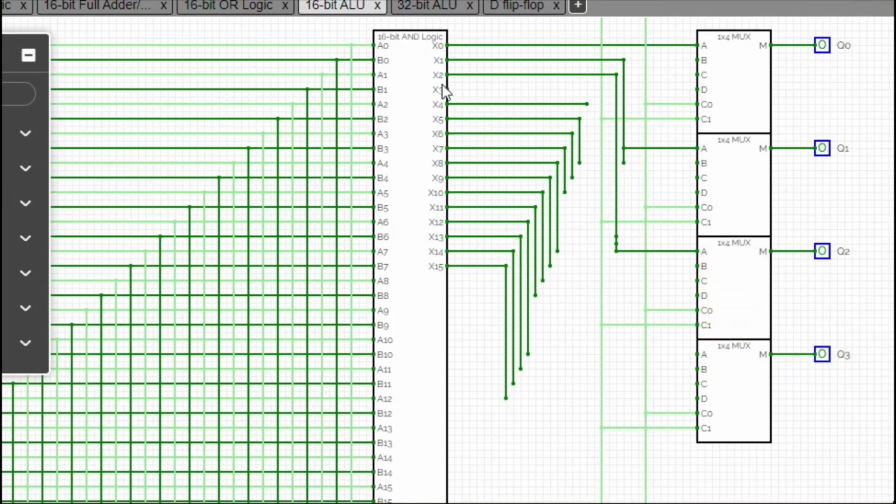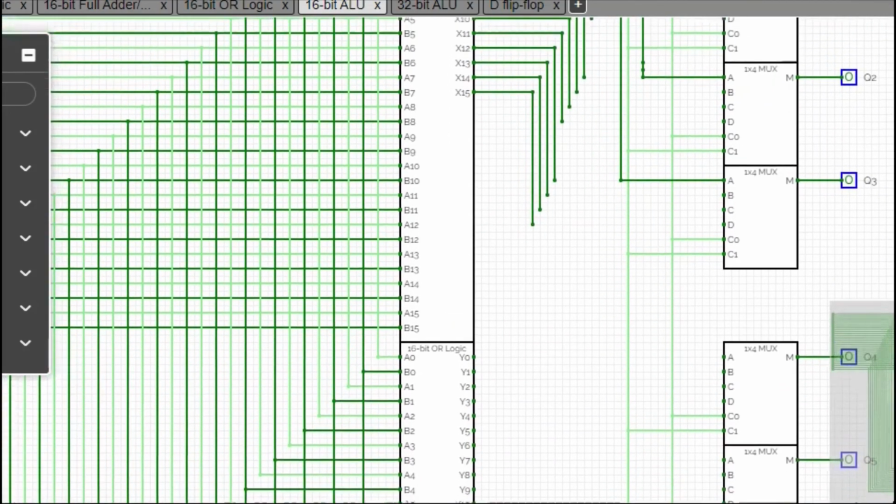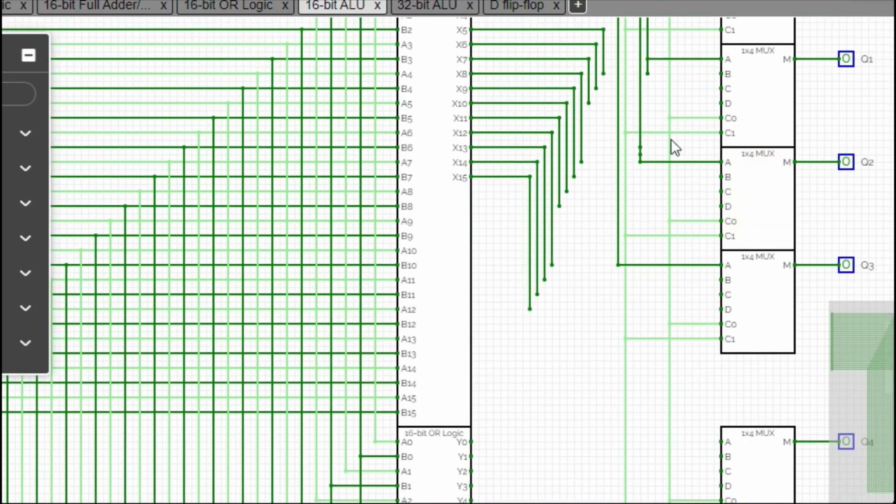So now we will connect X3, the output of the third mux, and it will go to Q3, like this we can connect. Now X4 will go to the X4 mux, so let's shift it a little bit like this. Just a minute guys, it's a complex one, we will connect it like this.